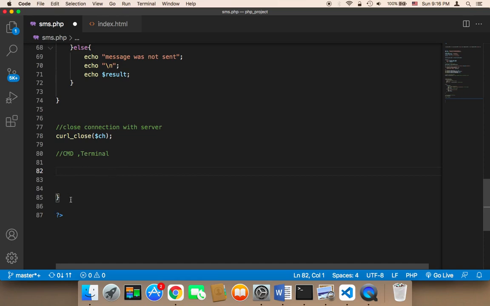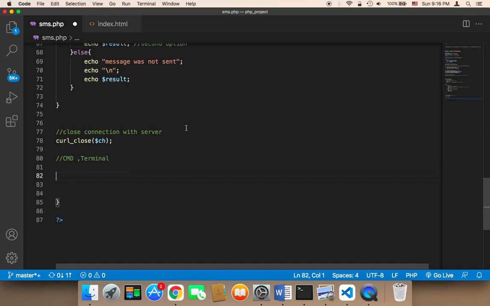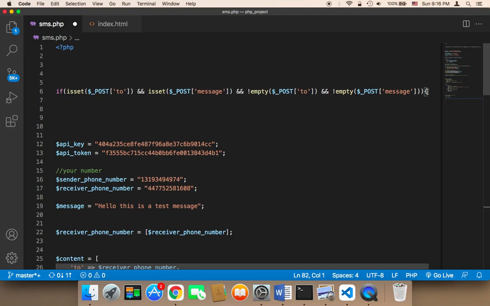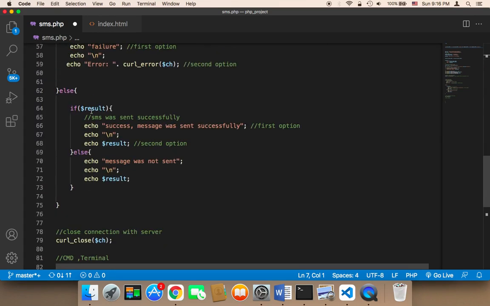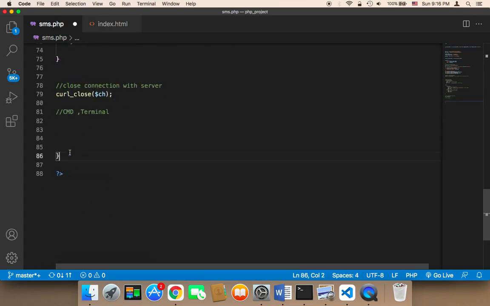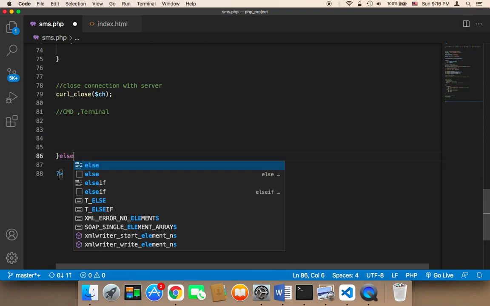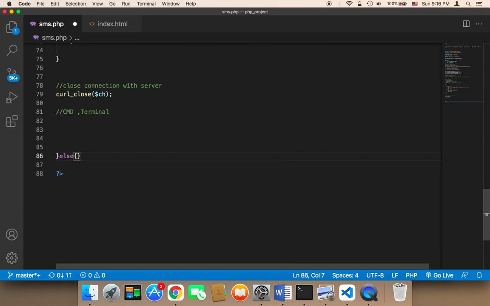So the closing curly bracket is going to be at the end, and the opening is going to be at the beginning. As you can see, it's here. This is the opening, and this is the closing one. And then here I'm going to say else, and then curly brackets, and then in between I'm going to say echo, and then I'm going to display something. I'm going to say please fill